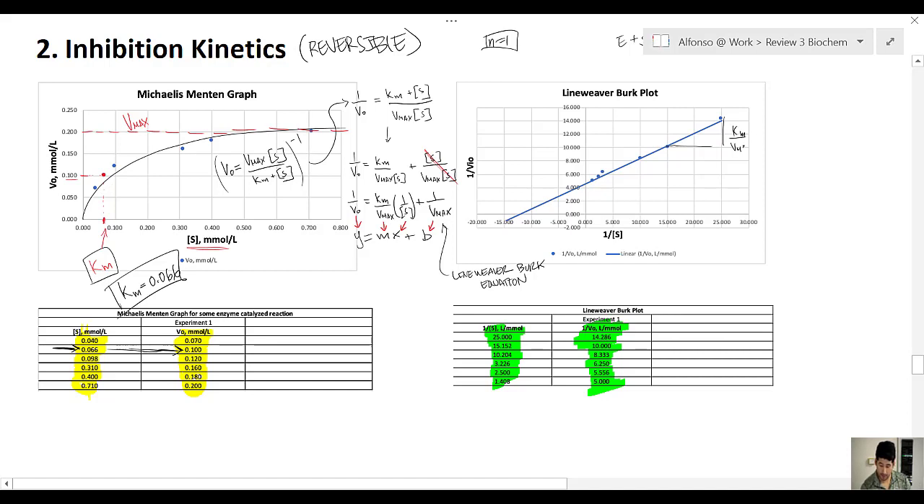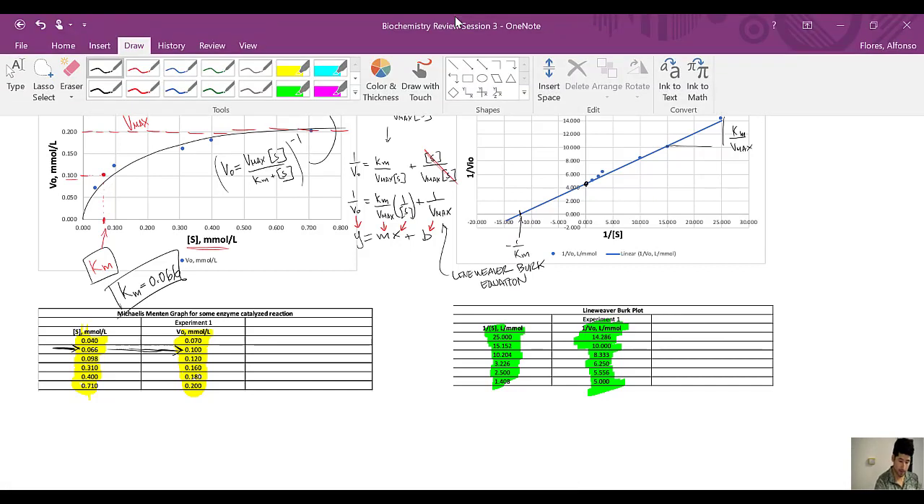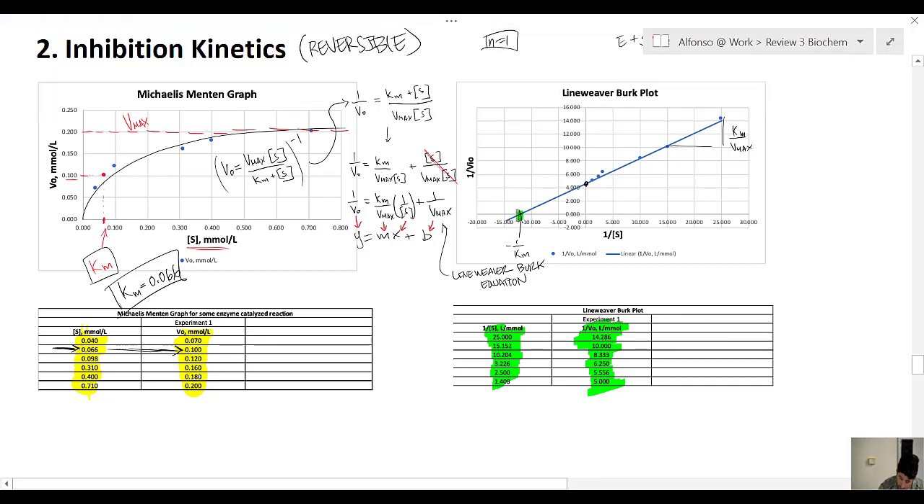Which will give us this line of slope Km over Vmax. So the slope is Km over Vmax. This right here is your y-intercept. And this point right here, this one specifically, this is your -1 over Km. So this point is very important, and I want you to look for it every time that you're given a